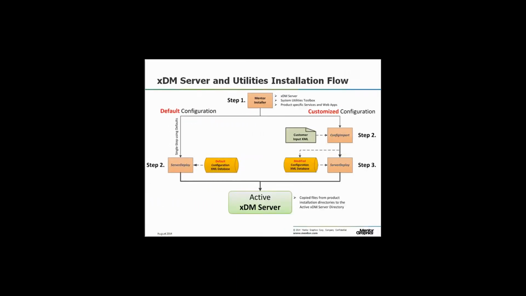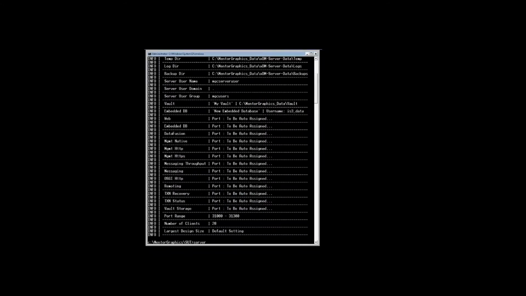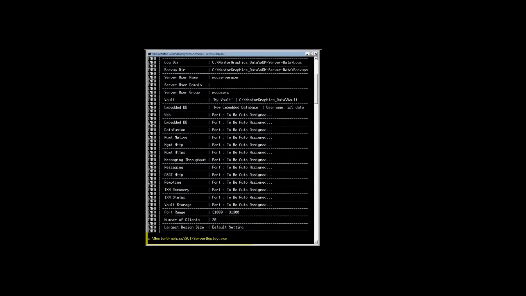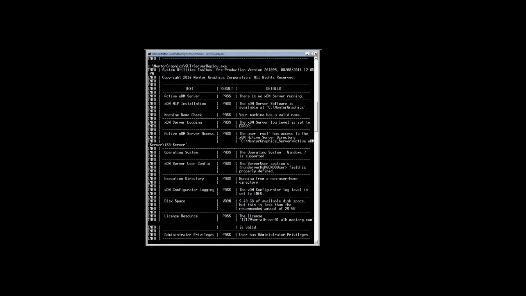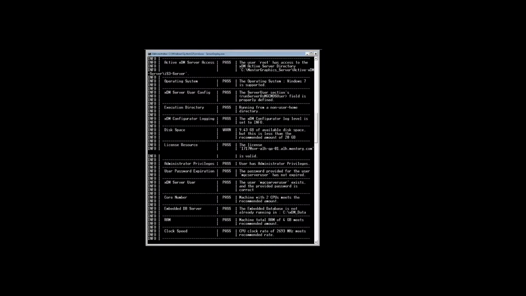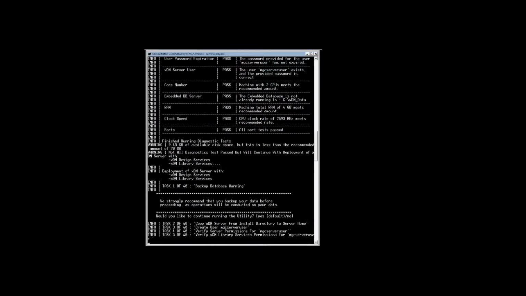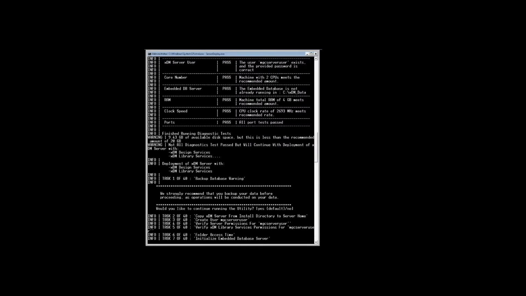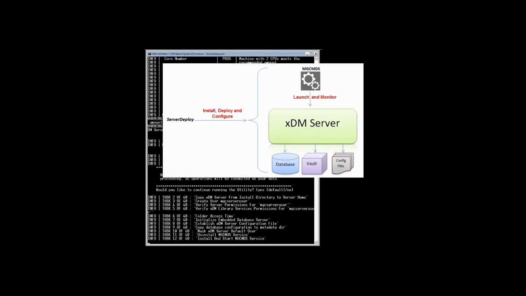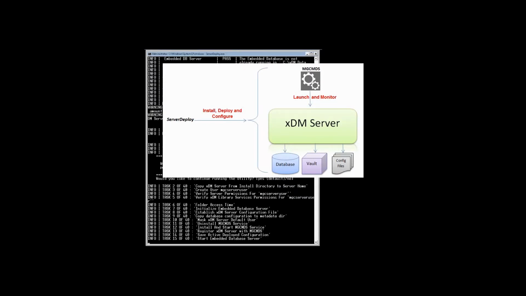Server deploy is the tool to deploy the xDM server. As shown earlier, you have the option to customize the configuration before starting the deployment. Now that the pending configuration is ready, you can start the deployment of the xDM server. During the deployment process, the server deploy utility uses the pending configuration in order to set up the components that establish the xDM server. Components such as the web application server and potentially the embedded database. It will also set the connection to the database as well as all other resources exactly as defined in the